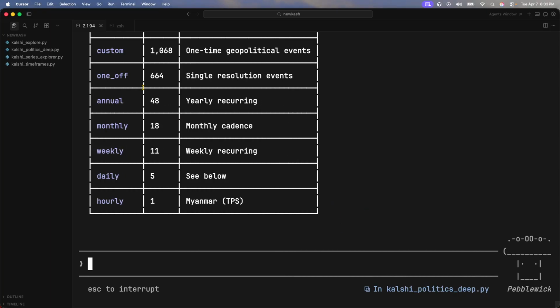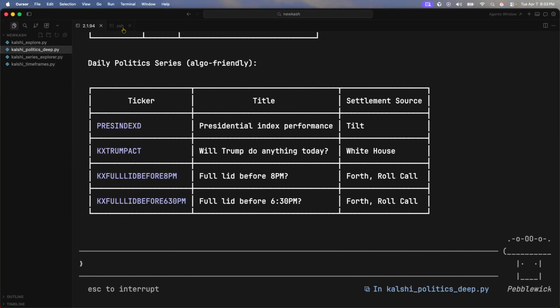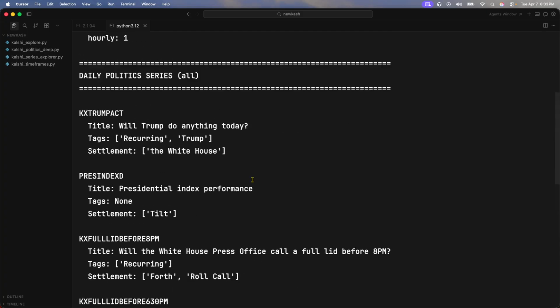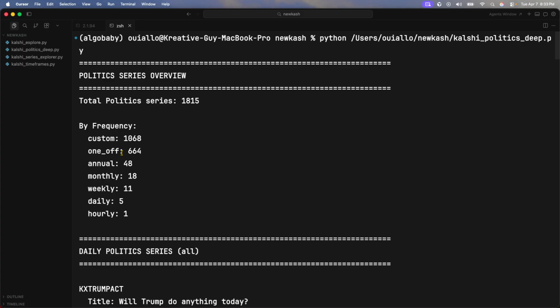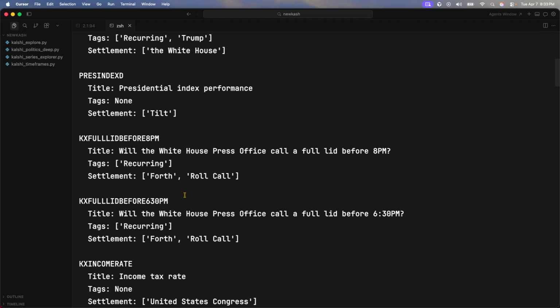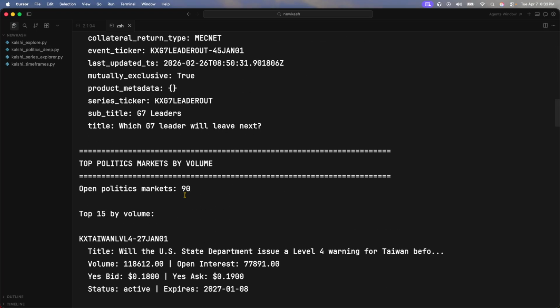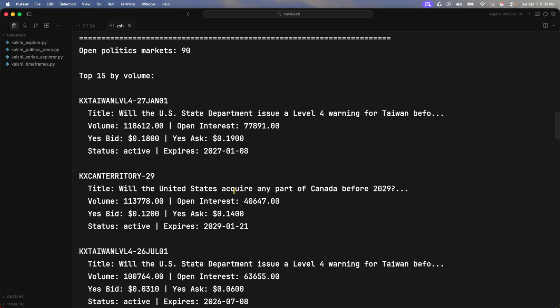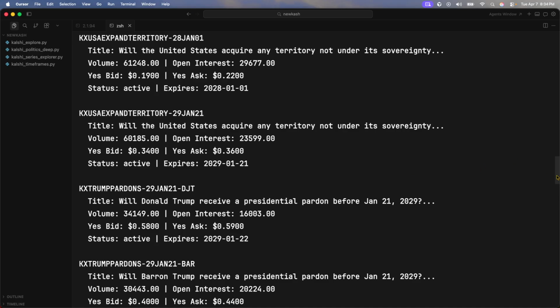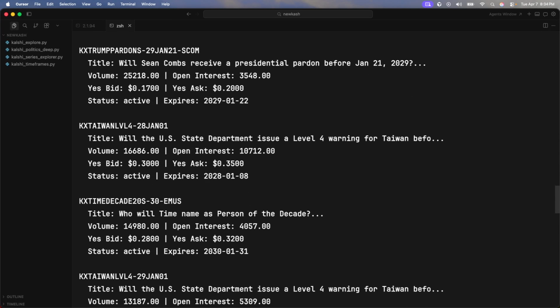Okay, excellent data. Let me go look at it real quick. Let's go run it. Okay, custom, off, annual, monthly, weekly, daily, hourly. All right, daily. Then we have the active, top by volume. I'm wondering when does it expire if this is top by volume. This is interesting, and trust me, I'm going to get the data where we're going to answer these questions, but